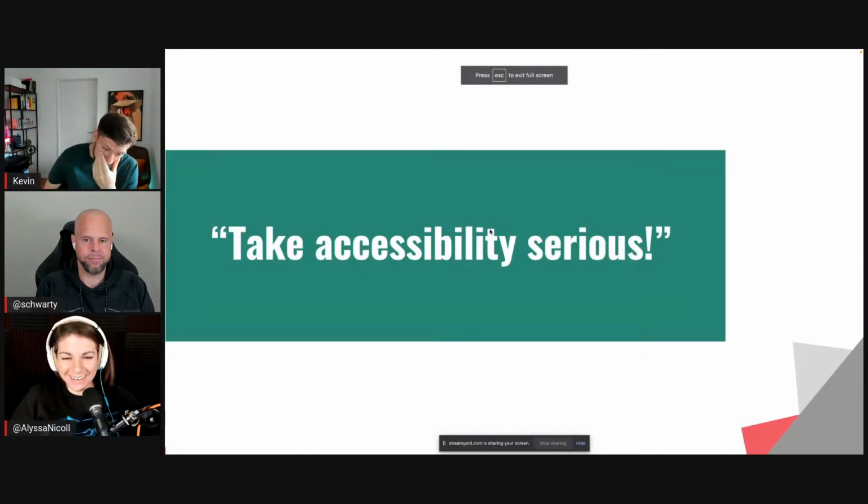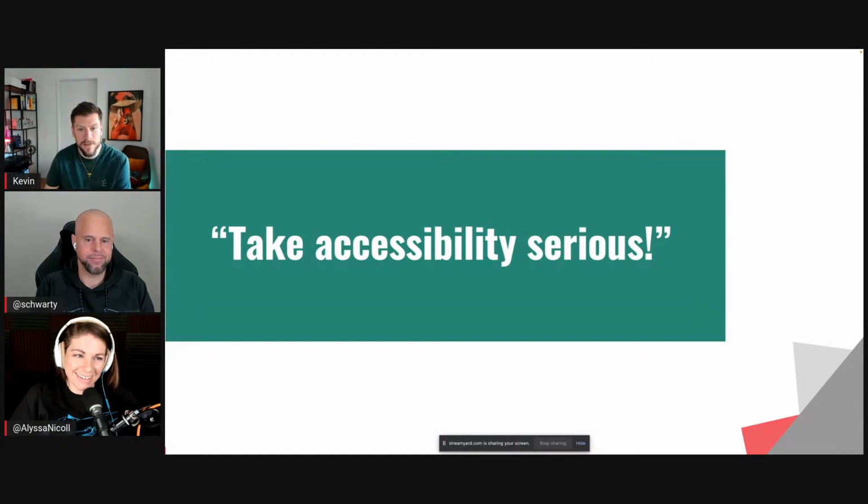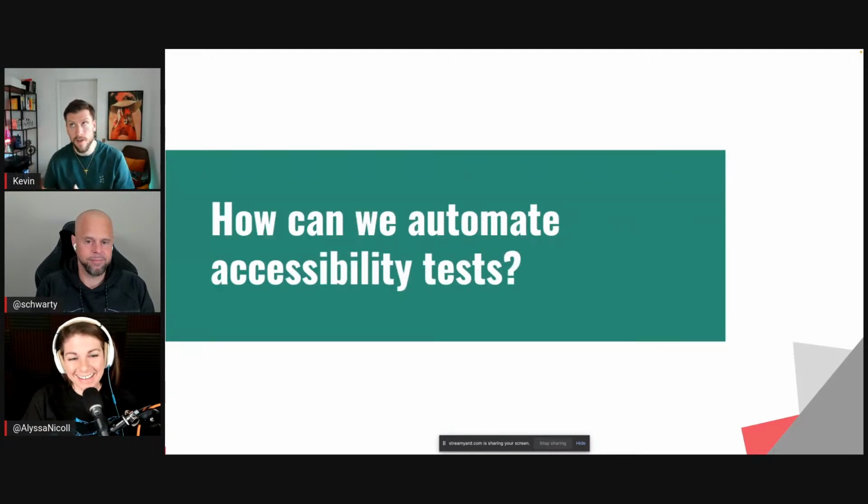So, as I was saying, take accessibility seriously. And to take it seriously, I think it's a good habit to integrate it, as said in the introduction, into your daily development workflow. And so, how can we automate accessibility tests? That was the question I was basically asking myself.